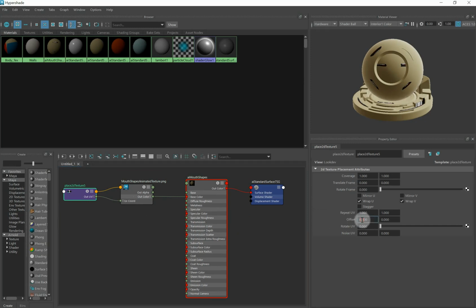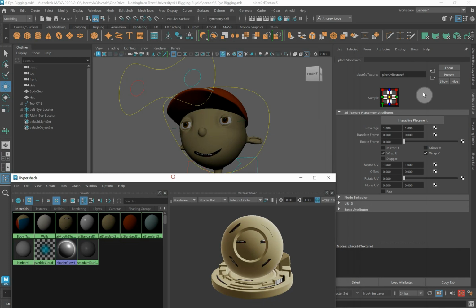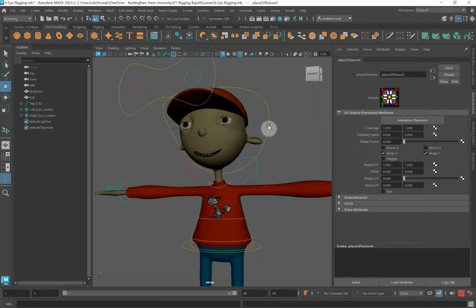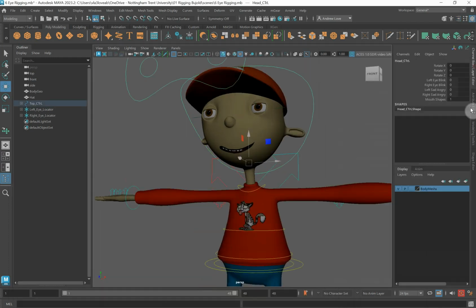This is how the file is placed on the object, and you have an offset. So if I go a quarter, which is 0.25, you'll see the texture moves. And you can go 0.5, and the texture moves again. So what we want to do is rig the placement, this bit here, to this guy here, mouth shapes 1. Right, so we're going to go to animation,